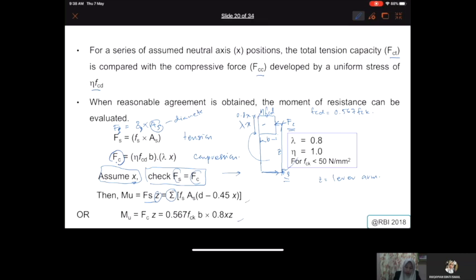And then this is multiplied with your lever arm. The lever arm can be calculated by considering d minus 0.45x. Why 0.45x? It is where you consider the value of half of your